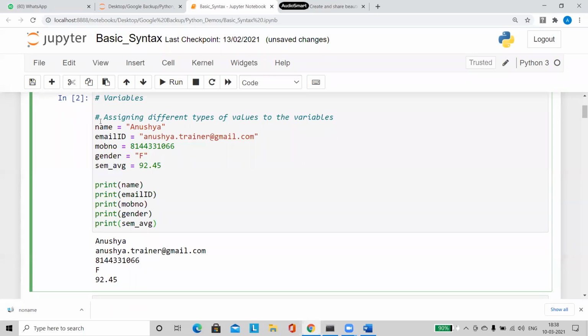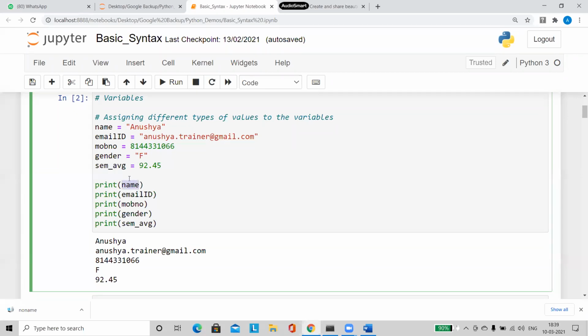Like this, we can create different variables, and for each variable we assign a value. Here I have created a float variable, a string variable, an int variable, different types. Then I'm going to print the values stored inside these variables. How to print it? We already know the print function; whatever we give within it is displayed. So I'm going to write print and then give the variable name.